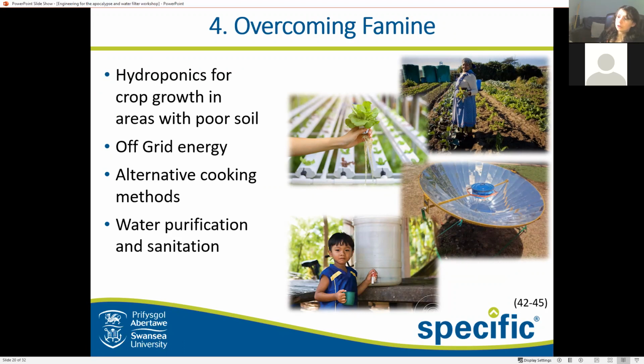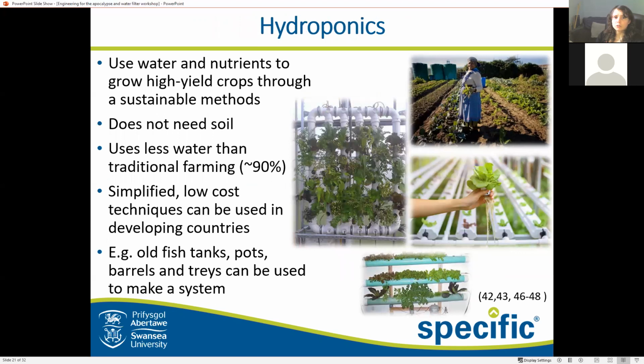I will also be going through some off-grid energy supplies. So how do we give energy to these places so that they have the ability to cook, they have the ability to live a more typical lifestyle. Also look at some alternative cooking methods which can be used in nice, hot, sunny places without our typical energy requirements. And then looking at water purification, as that is really important and needed for good sanitation and good health. So if we start with hydroponics,